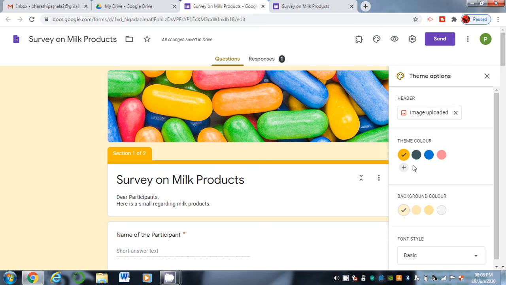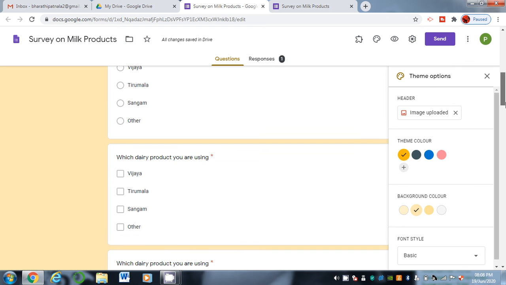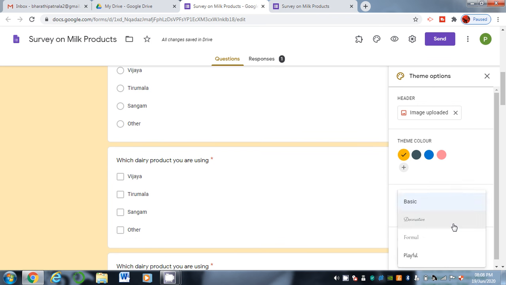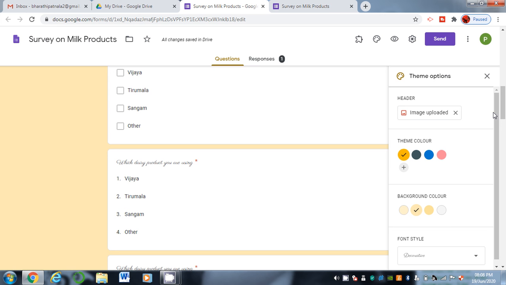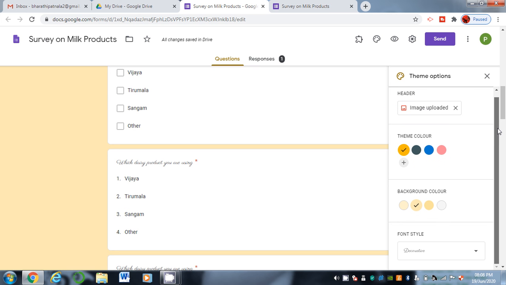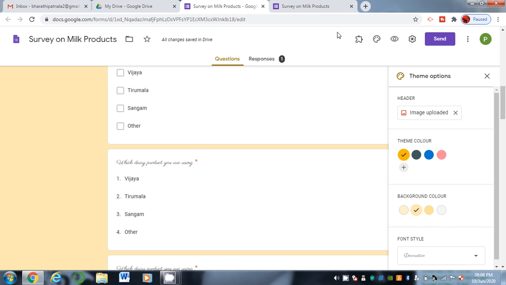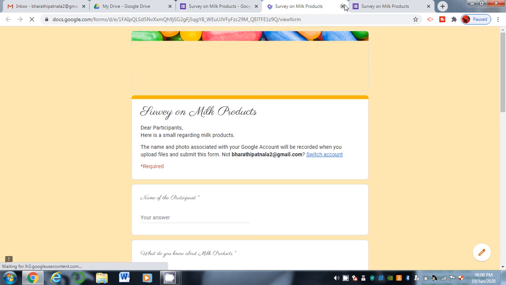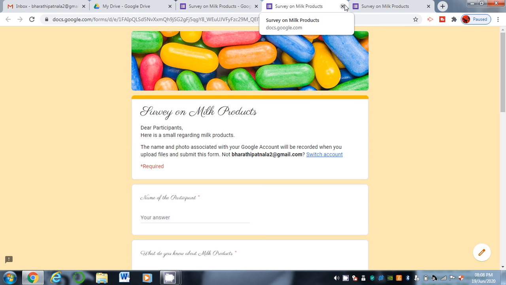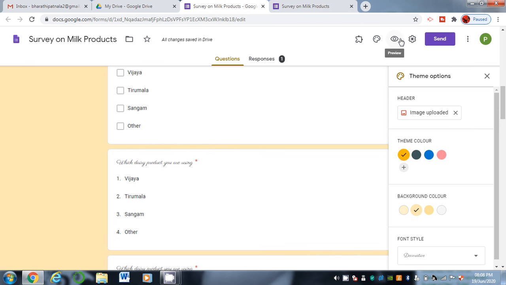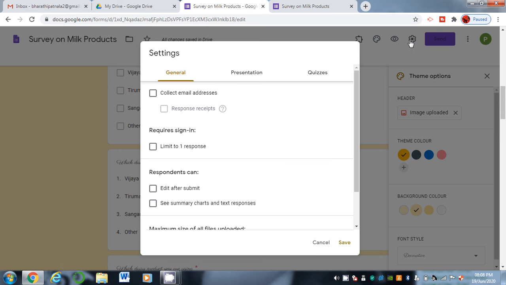And you can also change the background color, and you can also change font styles. This is the preview, as I already told, and these are the settings we have.